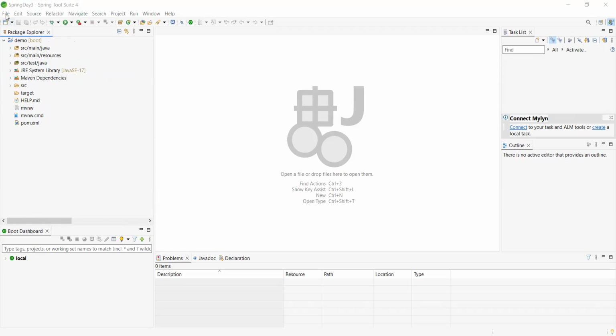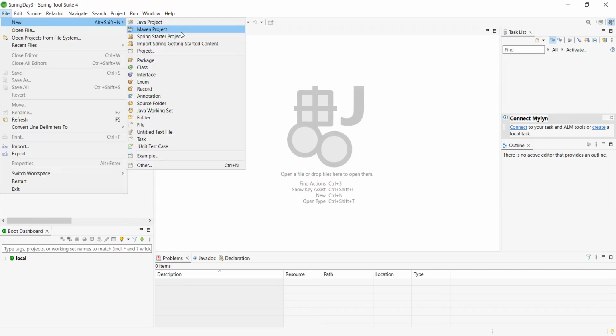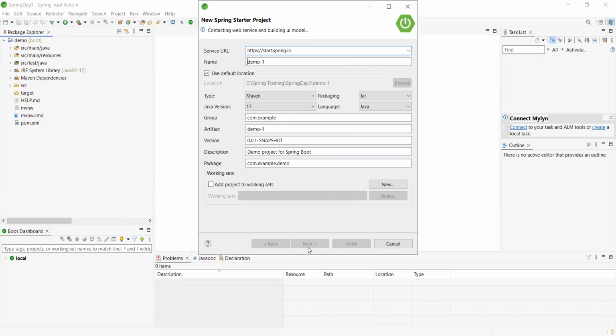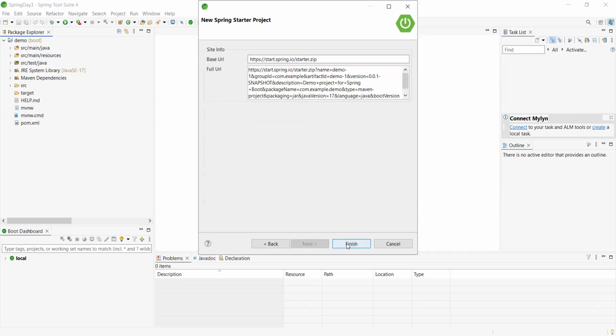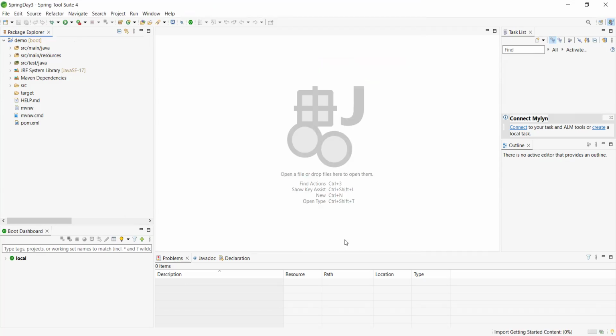For example, let us create a Spring Boot starter project, Spring Starter project. Observe. Just let me wait. Next, I am not selecting any module. Even so, this project will create, add, and include multiple modules. Observe. Just let me wait.